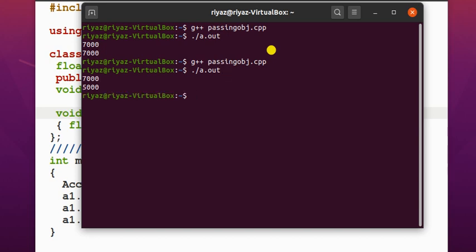So this is how the objects are passed. When you pass an object by value in a member function, if it gets modified, it will not be reflected back. If you pass an object by reference by creating an alias name, and if that variable gets modified over there, automatically it will be reflected back.